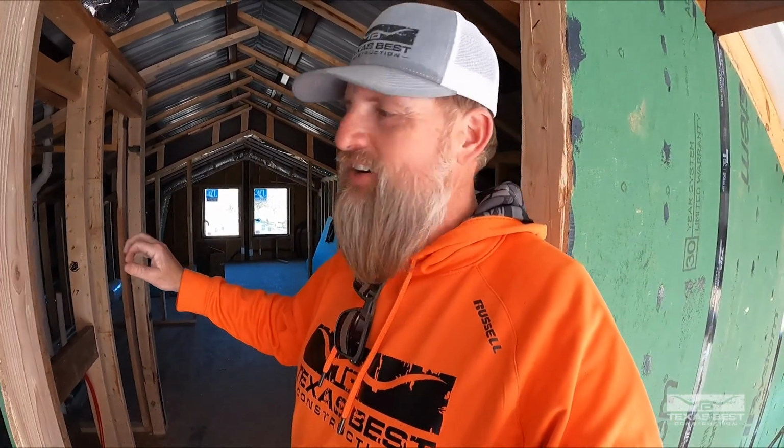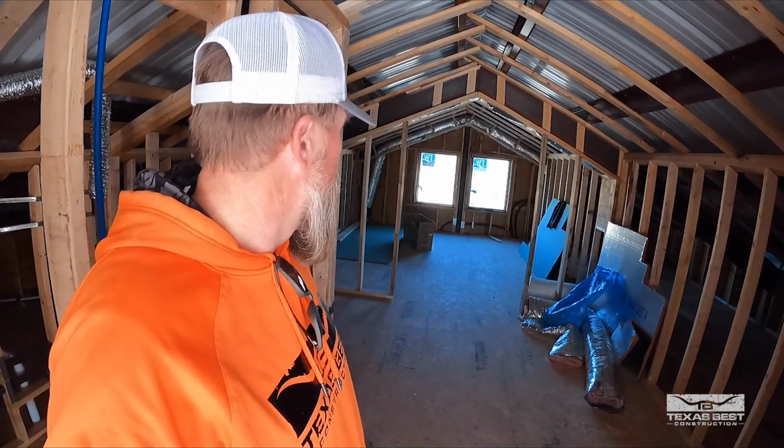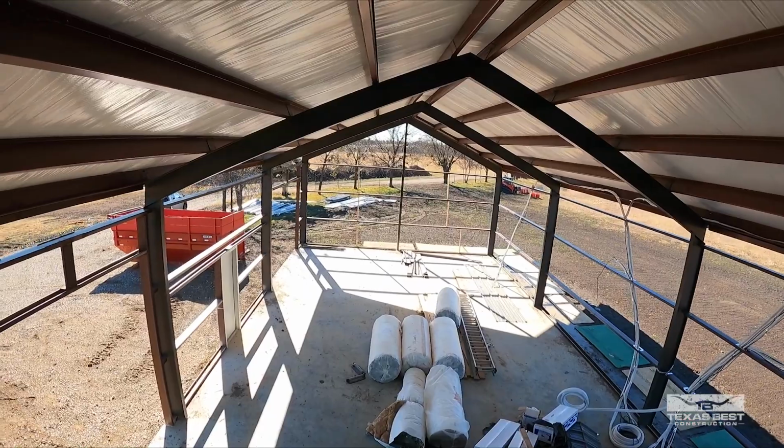So we're still doing rough in here. It took us a while to come back and make the changes for the plumbing so we could pour concrete for the additional porches so that we could come back and rough in and build the frame for the additional porches, as well as come in and rough in and frame all this in that we're doing up above, because originally this was just going to be one big open space. So now we're converting it to a usable additional hideaway or living area. So it's a great option to have. Of course, it'll look out over this big shop,